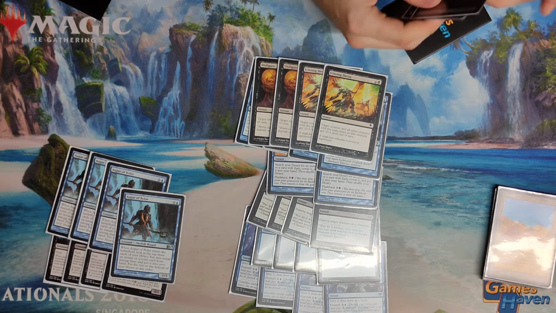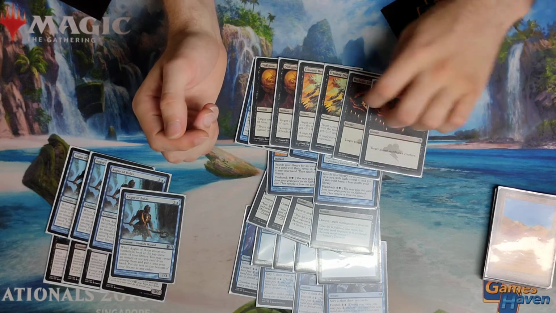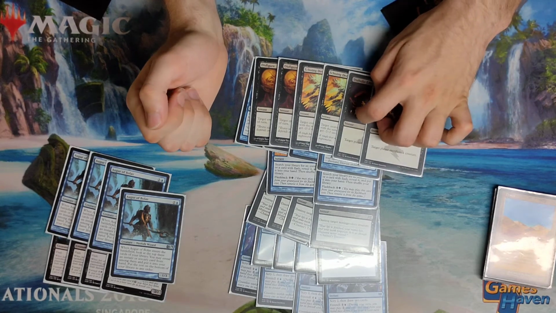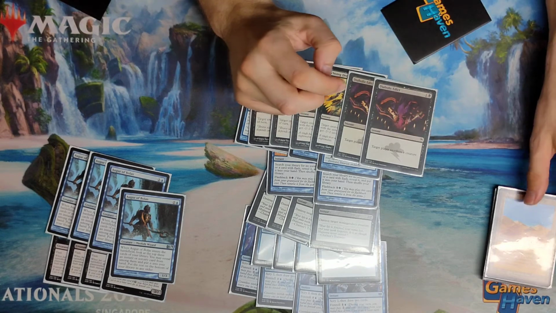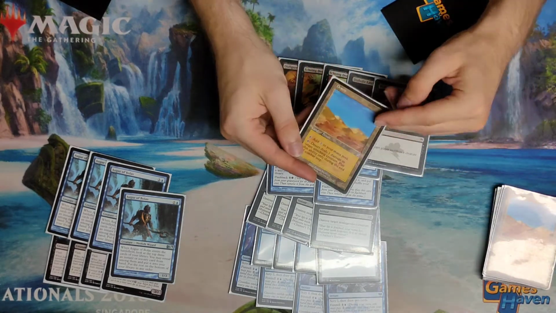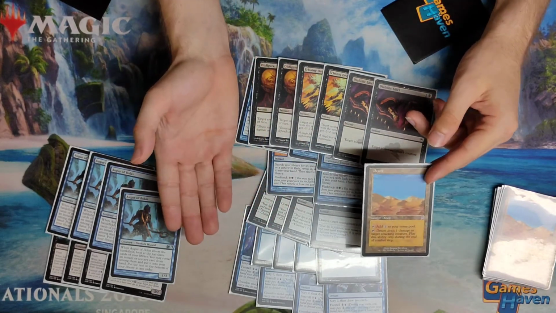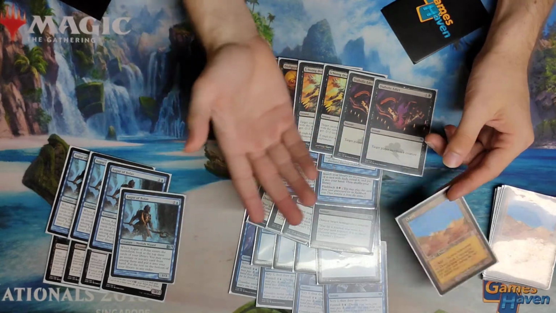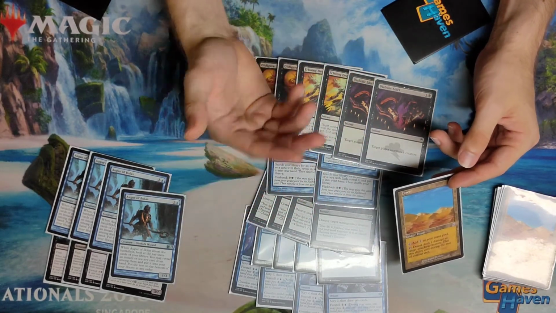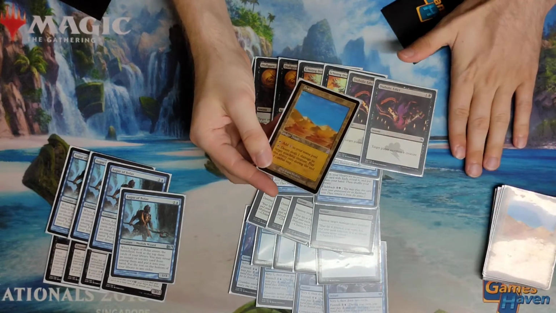Then I have 2 Diabolic Edict. I'm not exactly sure if this card should be main deck at all. The problem with playing an Edict in a list like this is that it's very bad with Desert, because imagine your opponent has a creature like a Thraben Inspector or something, and you have 2 Deserts, then they're just not going to attack the Thraben Inspector into your Deserts because you're just going to kill it for free. So they're just going to leave the Thraben Inspector there